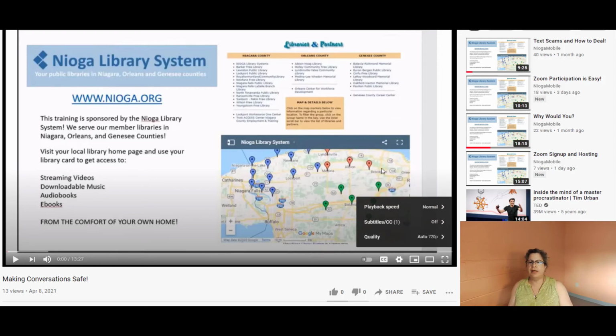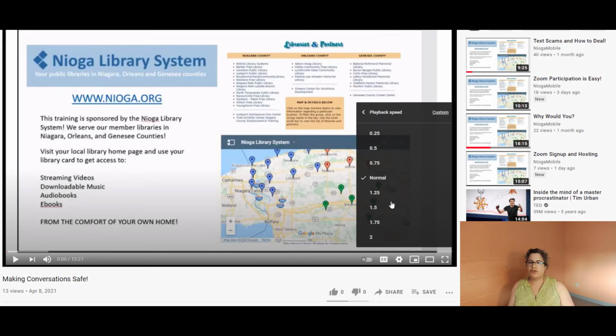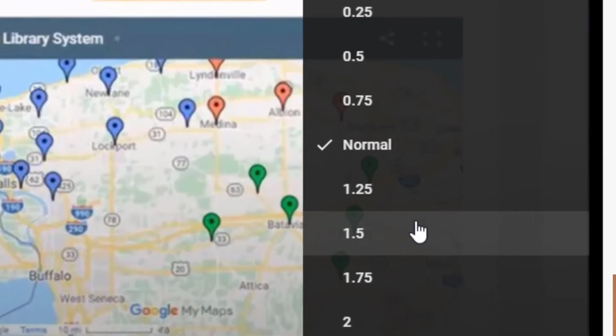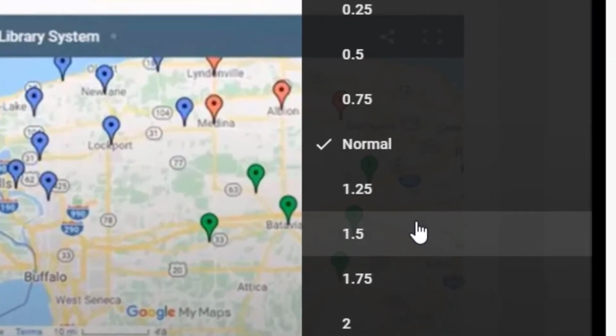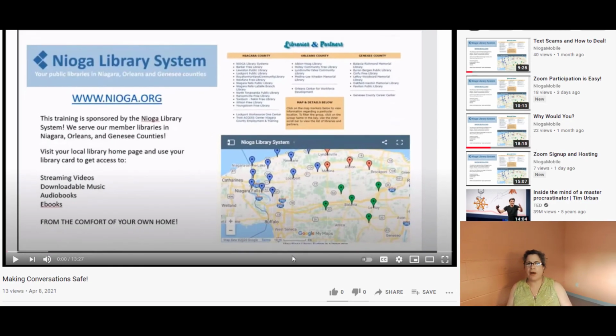Now let me back up and let's go to the actual playback speed. The playback speed comes up as normal. You can actually slow down the playback speed, or you can do what I like to do and speed it up, because I can listen faster than I can talk. If I want 1 minute to go by in just 40 seconds, that is a 1.5 times playback speed. Just to give you a quick example, well, actually you're probably doing this now already on your own, but